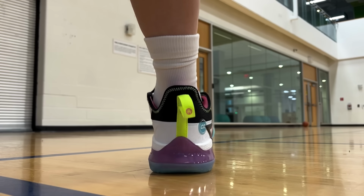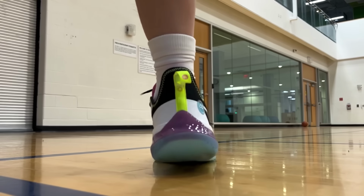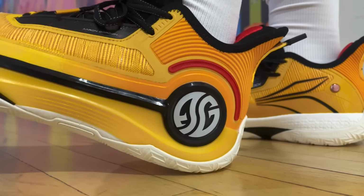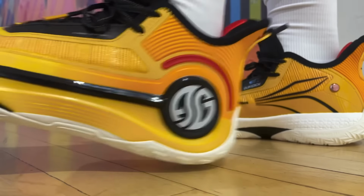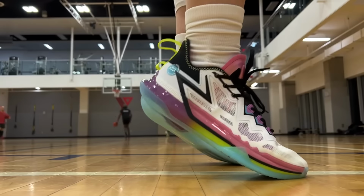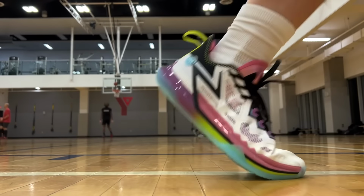Similar to the Fresh Foam BB and 2A V4, from 361 Degrees, the AG4 is a great bouncy shoe too, and it has much better traction, much cheaper as well. But for the absolute most bounce you can get, I still go with this premium version of the Big 3 series. Now here comes the two that I like the most here,